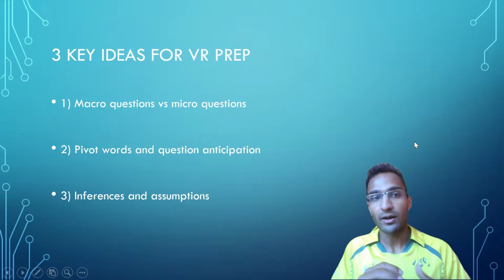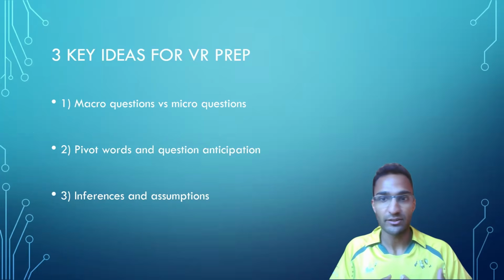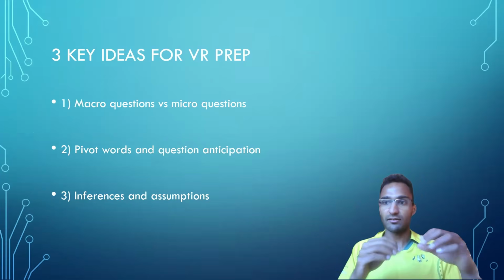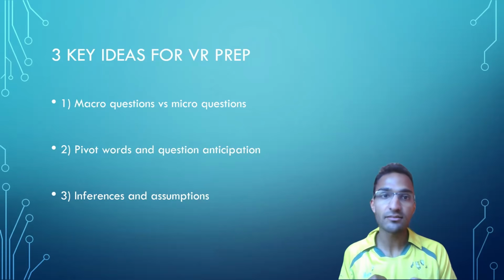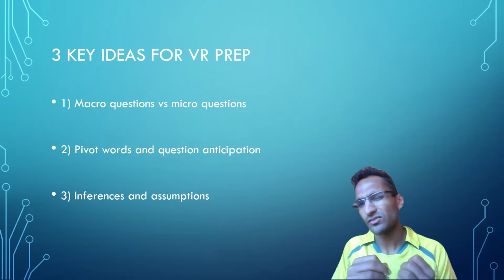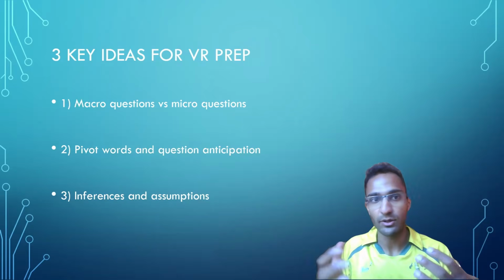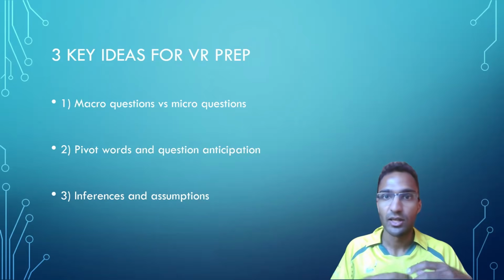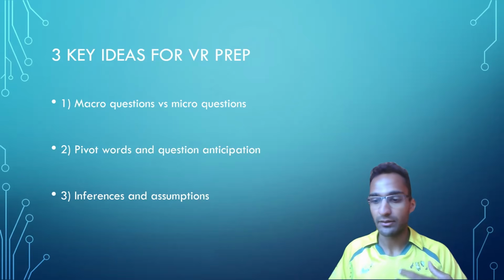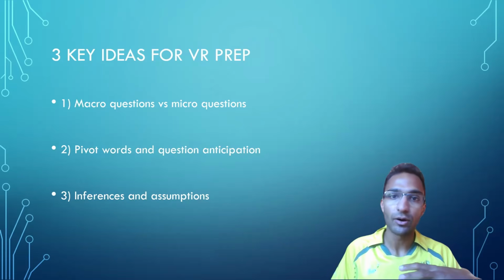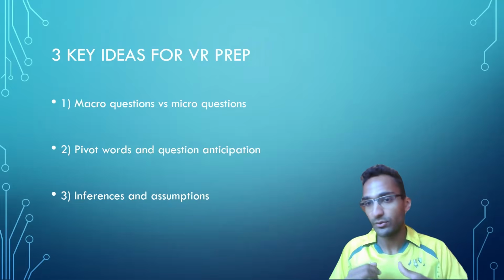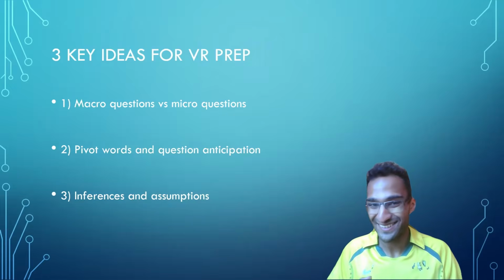So, I want to start with macro questions and micro questions. Some questions ask about macro concepts. These are not isolated to specific sentences, but have more to do with the gist of the passage. And there's not really a question type that you can use to predict this. Obviously, there's questions like what's the main summary of the passage, where the whole thing is a macro question. But there's certain questions that basically ask about the gist of a paragraph or the gist of the whole text and can be answered based on what you're reading and your interpretation of what the main ideas are